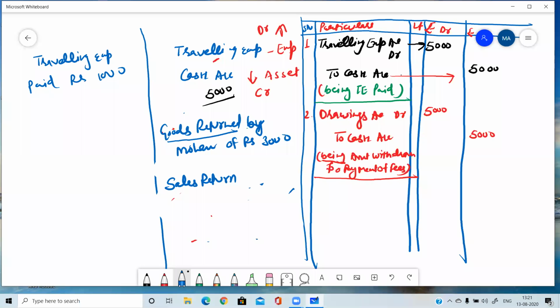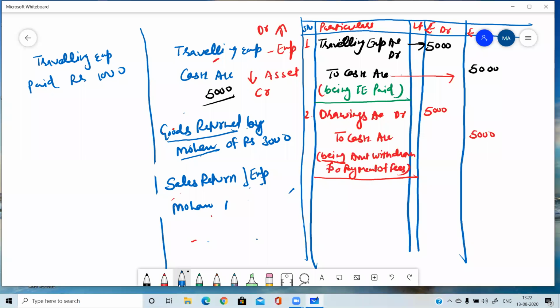Who is the debtor here? If the name of the debtor is mentioned, then you are going to use the name. Otherwise, you can write debtor. So whose account will be reduced? Mohan. So the first account is sales return and the other account is Mohan. Sales account is our revenue, so sales return will basically be an expense, because our revenues are decreasing. And Mohan is our debtor, not creditor.